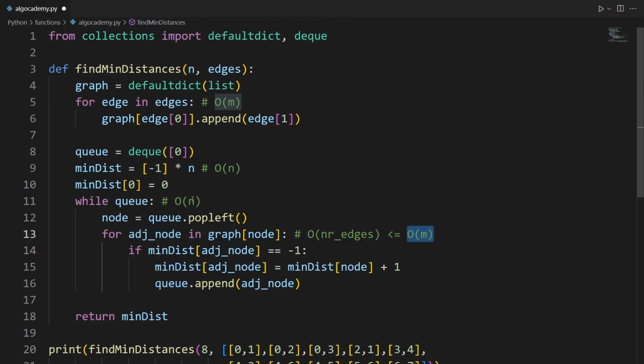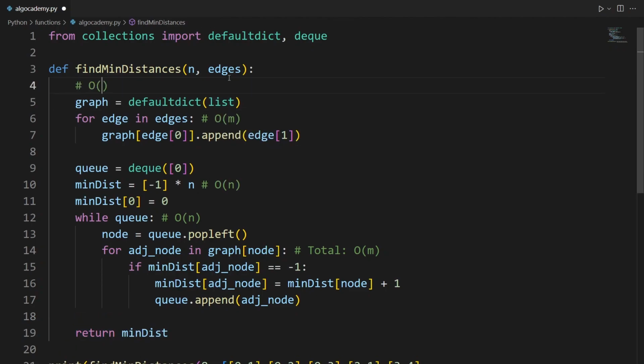Now, when dealing with graphs and graph algorithms, we almost always use amortized time complexity, and as I explained to you in the drawing, we are looping over the edges starting from node, and in total, overall, we will loop over every single edge in this graph exactly once. So this is going to be in total a big O of m. We won't multiply this by this, but we will add them together. Very well, this is constant, constant, constant, and everything else is constant. So the time complexity is indeed big O of n plus m, and the extra space, as I've told you,